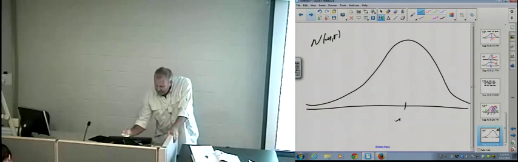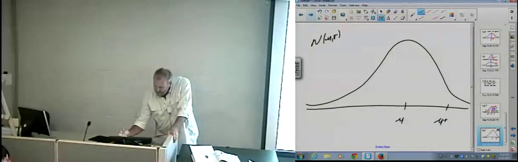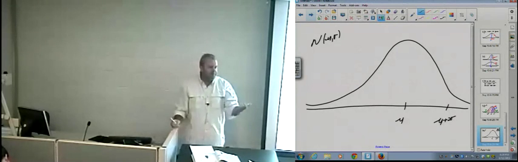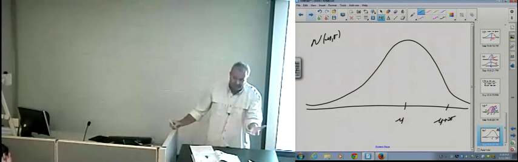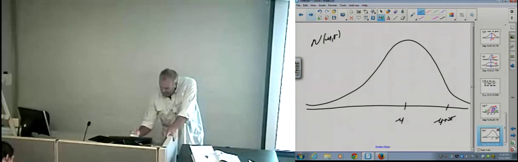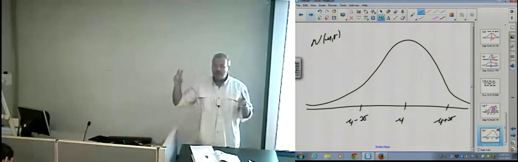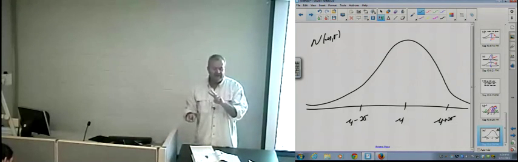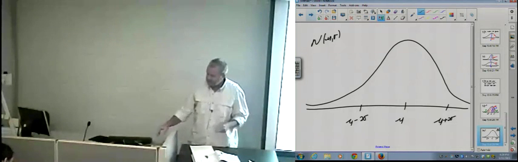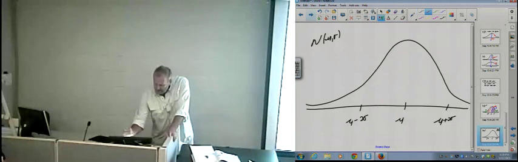Here sits your mean. If you go 2 times the standard deviation to the right, that just means mu plus 2 sigma, and mu minus 2 sigma. So that's 2 standard deviations greater than the mean, 2 standard deviations smaller than the mean. And if I look at this part here,